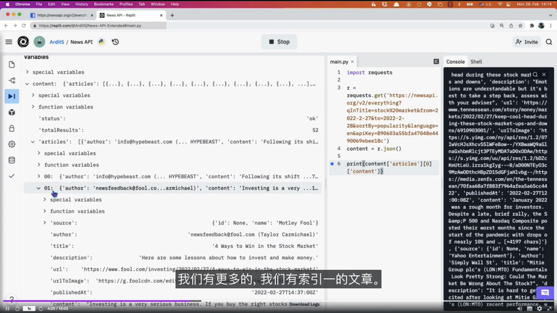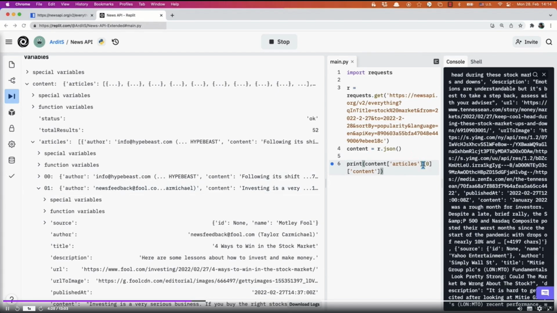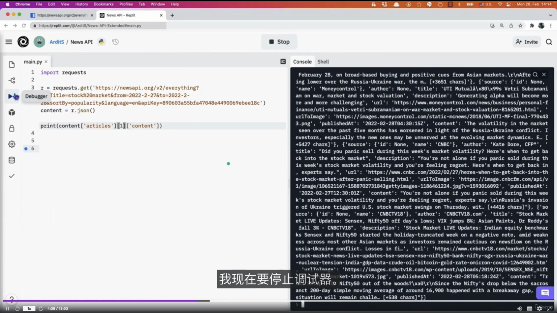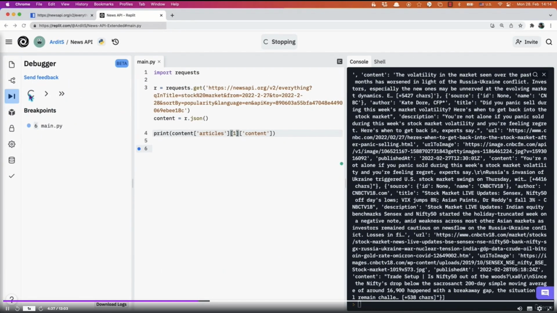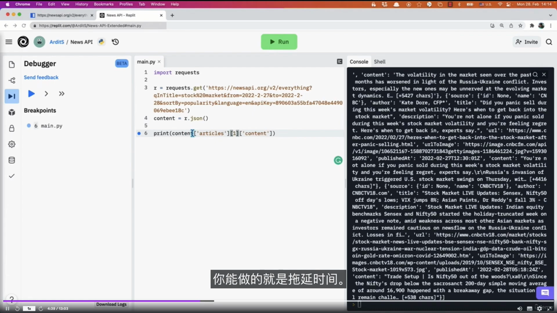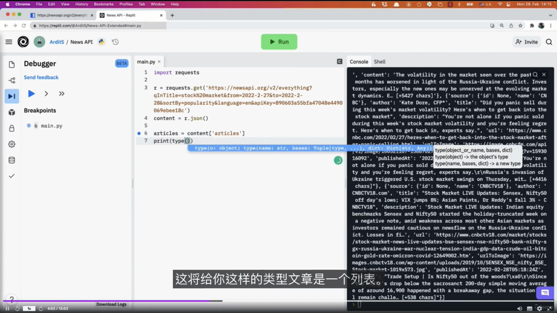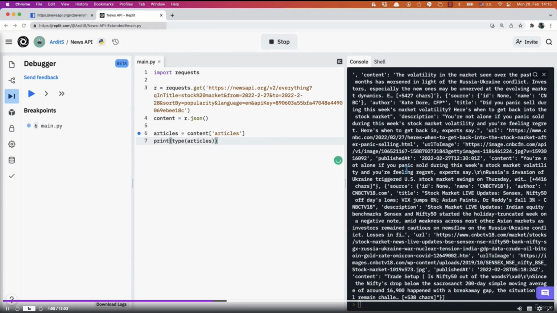We have more. We have the article with index 1. So if you want to get the article with index 1, you do that. Or what you could do, I'm going to stop the debugger now, is store all the articles in a variable, and type articles is a list.